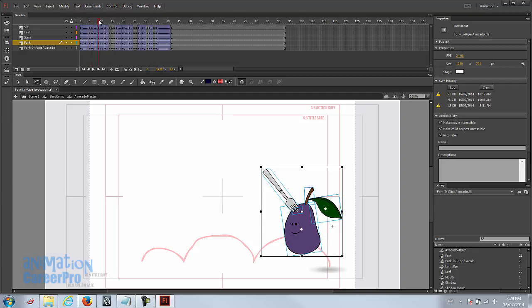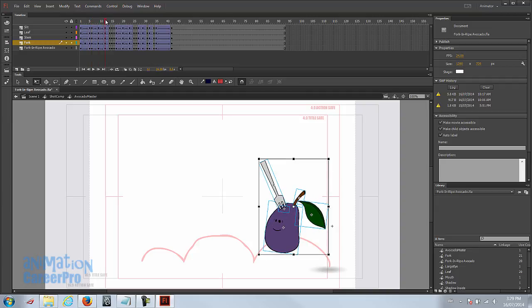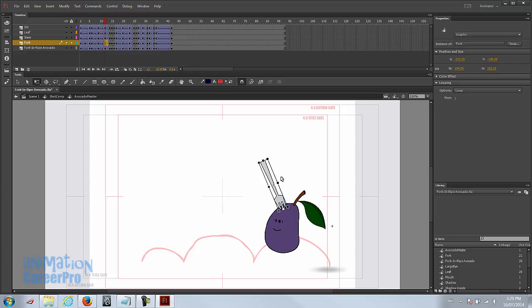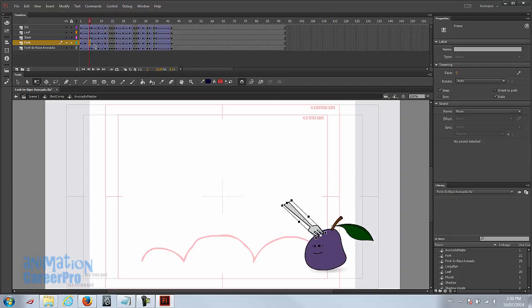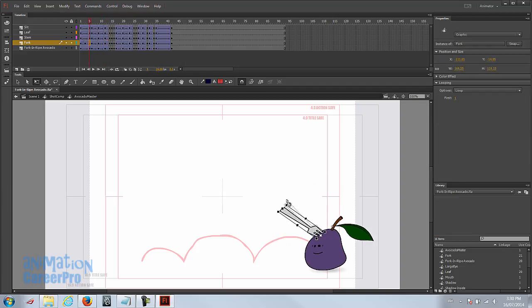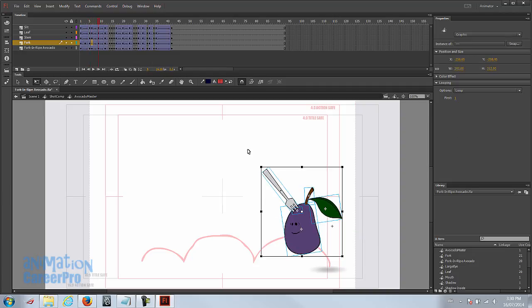Go to this next pose. I think we should bring it back on this key pose, just the momentum of him moving forward. You have to think the fork is kind of heavy. Actually, on this anticipation pose, we can bring it down a little bit. On the next key pose,